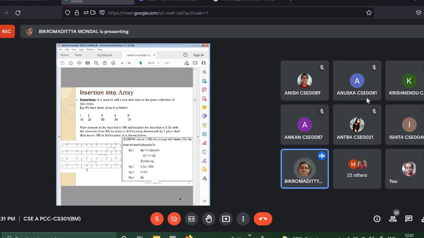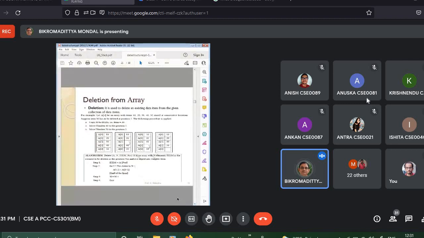Still, in case of dynamic array, there are some limitations of the dynamic array as well. In case of dynamic array, whenever you want to access any particular location, then you need to know the base address. Okay, so now forget this thing and let us proceed with the next part, deletion.